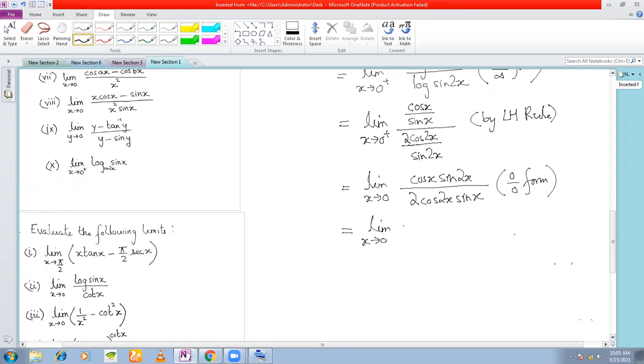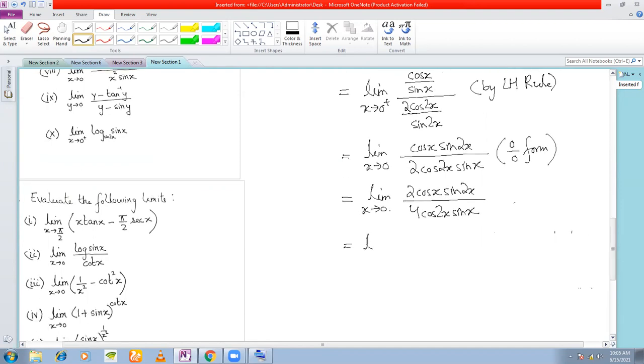So what we'll do here is, we'll take 2 cos x sin 2x divided by 4 cos 2x sin x, x tends to 0 plus. Now 2 sin a cos b is sin a plus b plus sin a minus b. Again here, this is